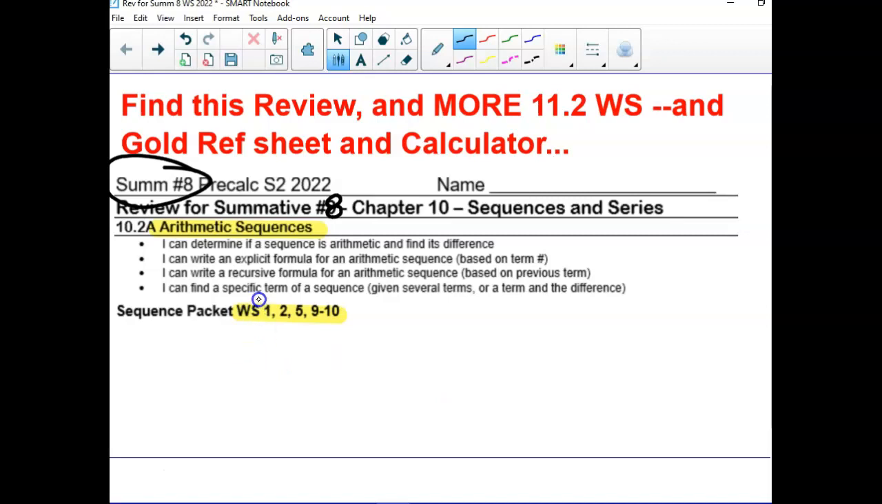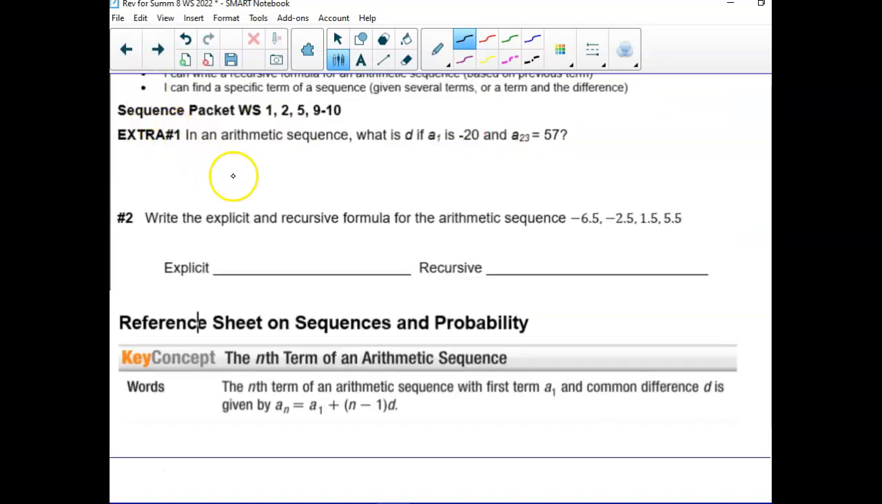All right. On the review sheet, it lists what practice you should have done. If you have not done this practice, in my opinion, you're probably not very well prepared for the quiz. So just with that in mind. The first 2 examples are under the arithmetic sequence section. The first one says, in an arithmetic sequence, what is D if a sub 1 is negative 20 and a sub 23 is 57? Okay, so